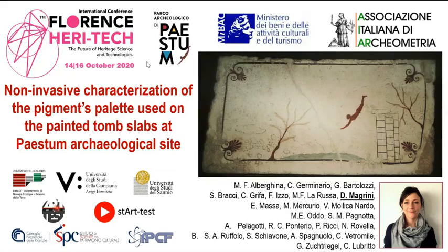I'm a member of the Italian Association of Archaeometry, AIA, which is an association of scholars and researchers working in the field of scientific application to cultural heritage. Today, I'm glad to present you some results about the project Paestum Inside the Lights of Science, which is a project promoted by AIA in collaboration with the Archaeological Park of Paestum, aimed at studying decorated tombs preserved at the